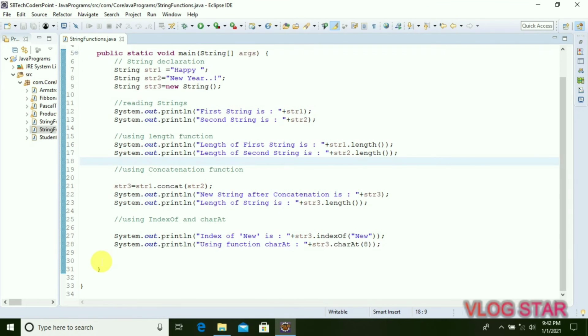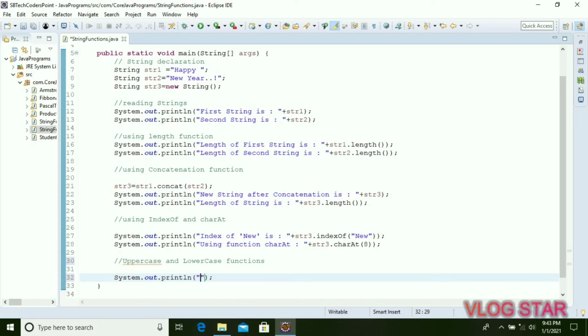Now after this we will see our next functions, which are upper string and lower string. So here we will see uppercase and lowercase functions. Now we will convert our strings into first uppercase.